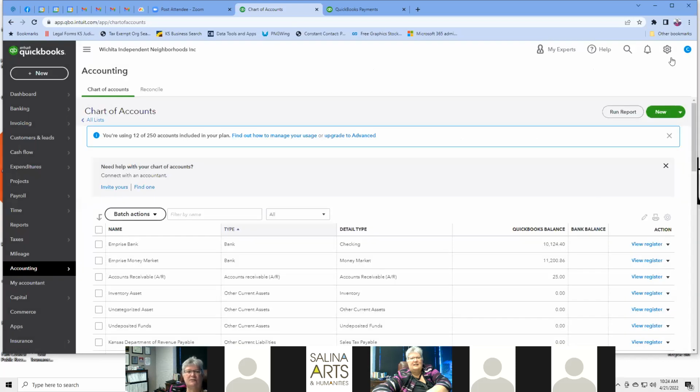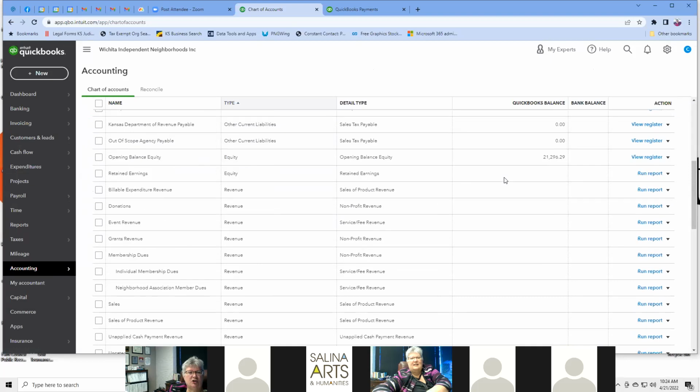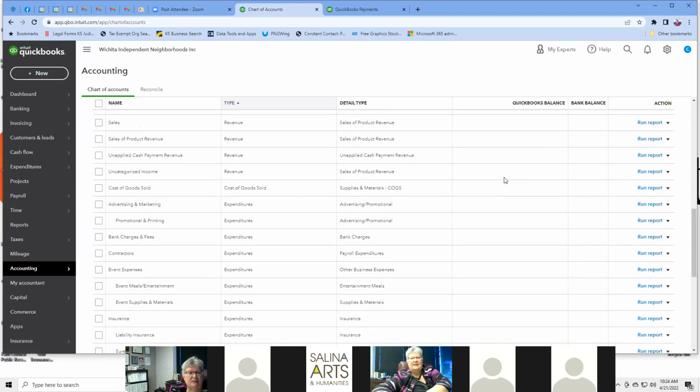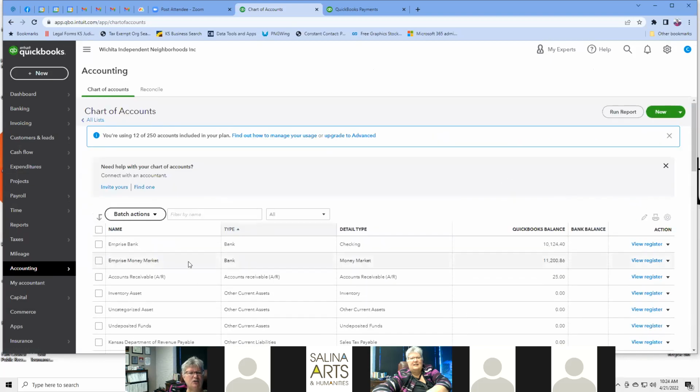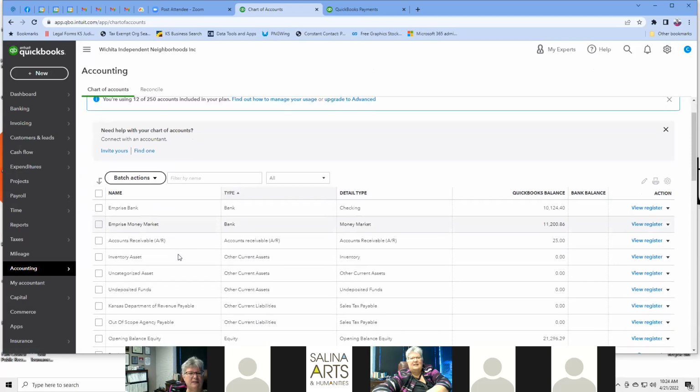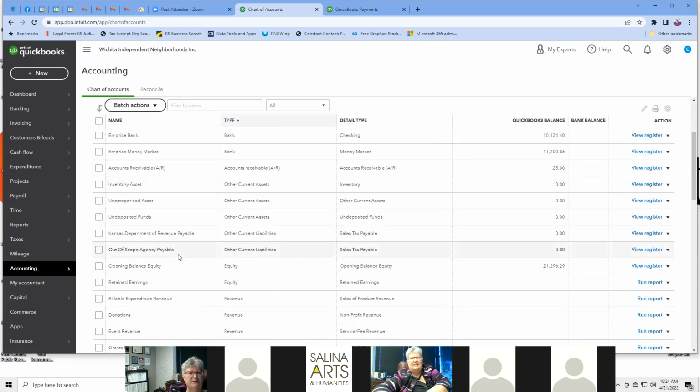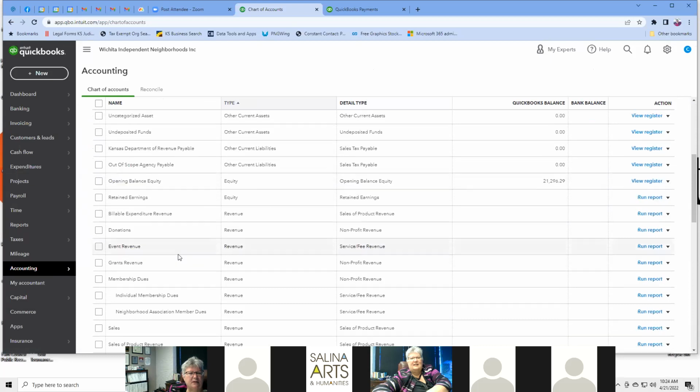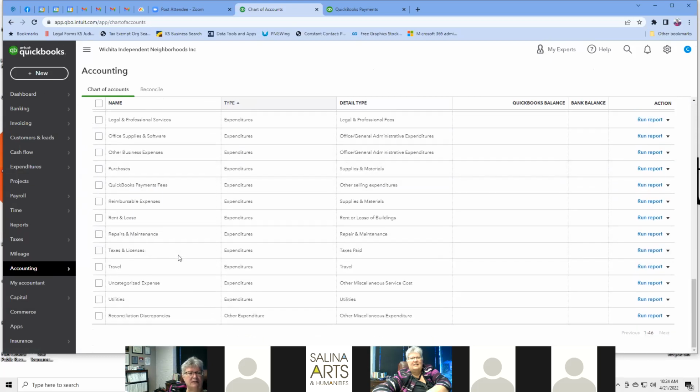So again, there are several different ways to do things. You've got your sidebar over here, but setting up your chart of accounts is pretty simple. And I can tell you that for this particular QuickBooks account that I have set up, or I haven't totally set it up, but I'm in the process of setting it up,